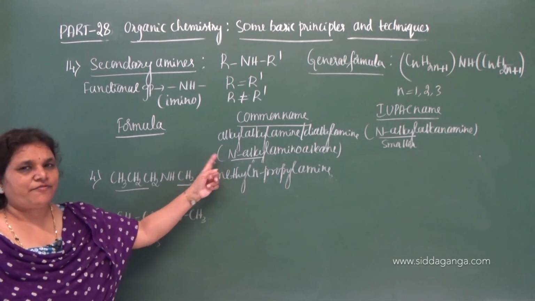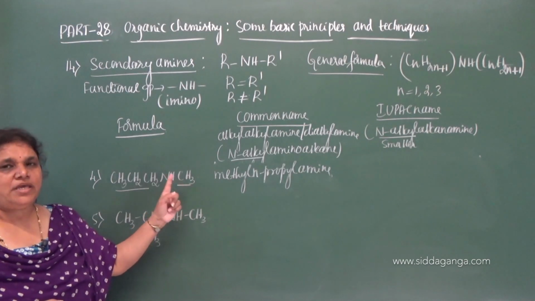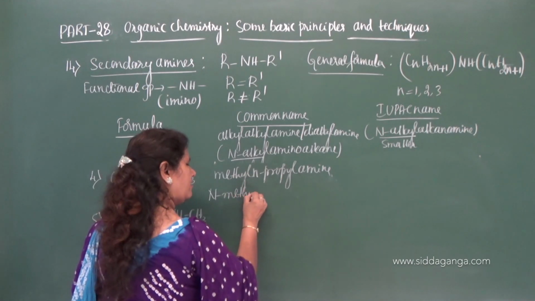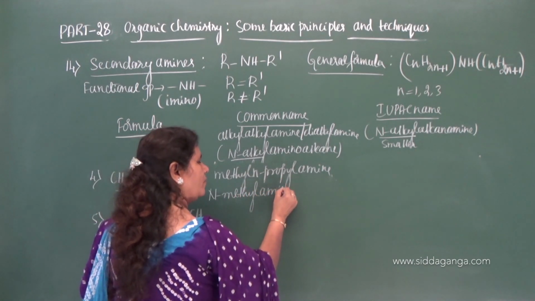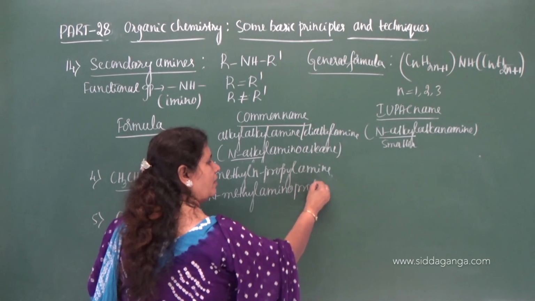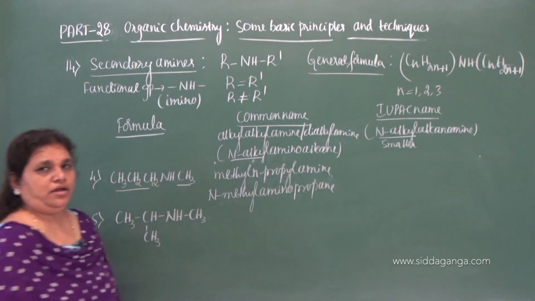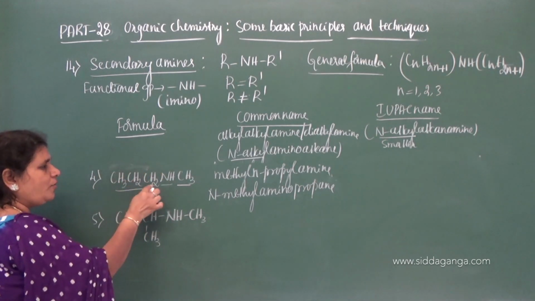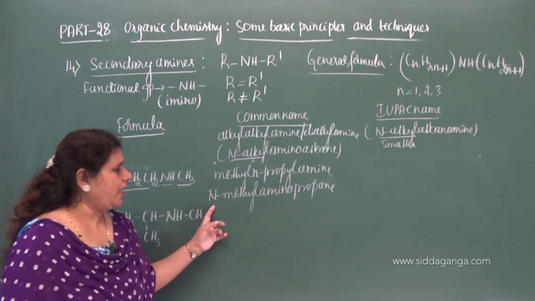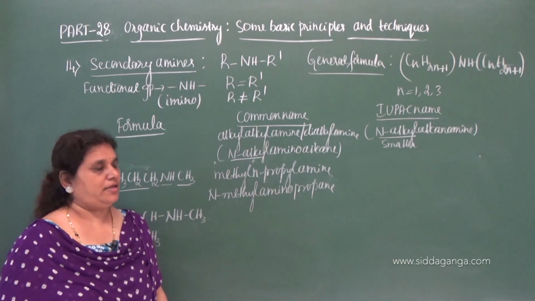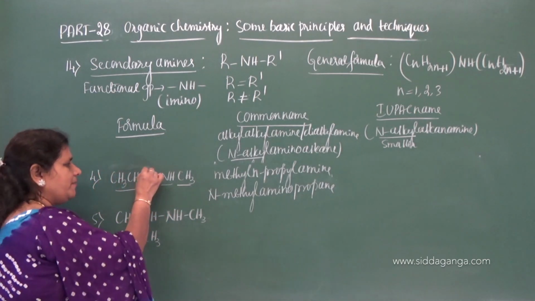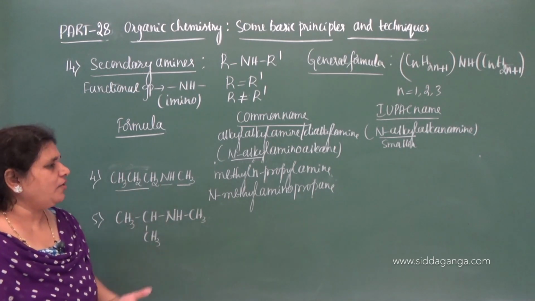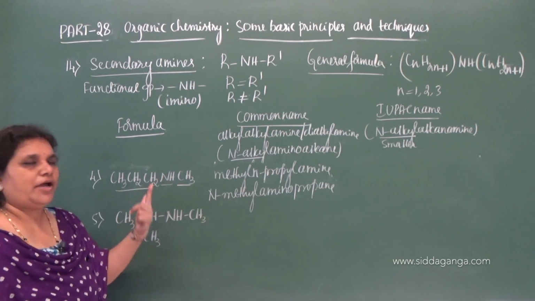Now, you give in this form common name. Since the smaller group is methyl group, you can write it as N-methyl aminopropane. So here the amino group is on the first carbon. Therefore N-methyl aminopropane. That is, this itself is alpha. That is alpha amino you can call. So alpha amino propane or 1-amino-propane.